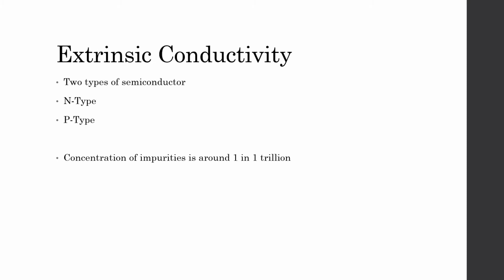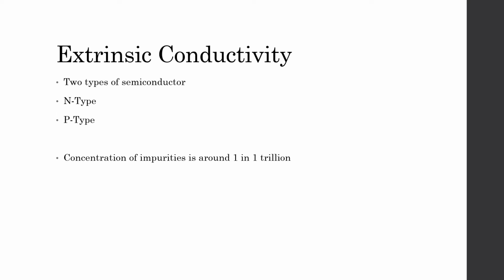Now that we understand that, we must understand that there are two different types of semiconductor that are extrinsic: N-type and P-type, which are both created when impurities are added to pure silicon or germanium or other semiconducting materials. Normally, the concentration of these impurities only has to be about 1 in 1 trillion atoms, which is not that much